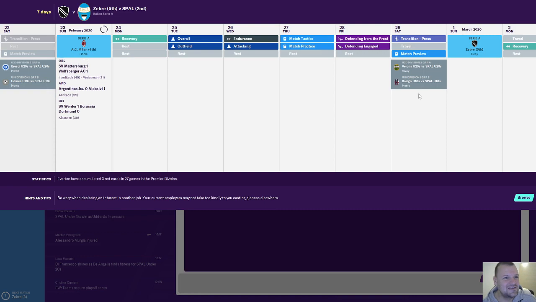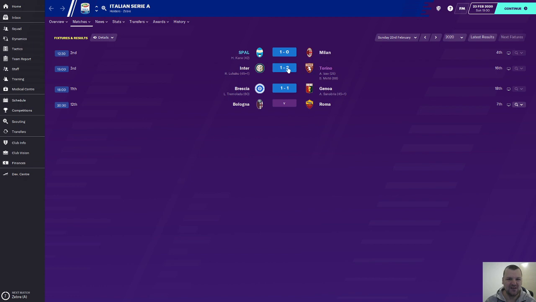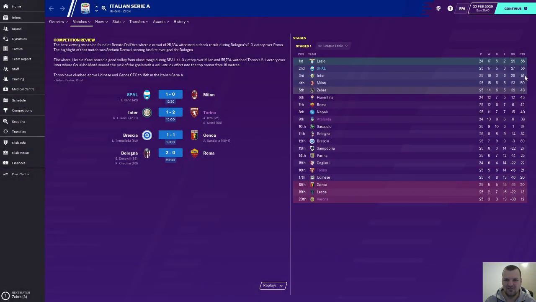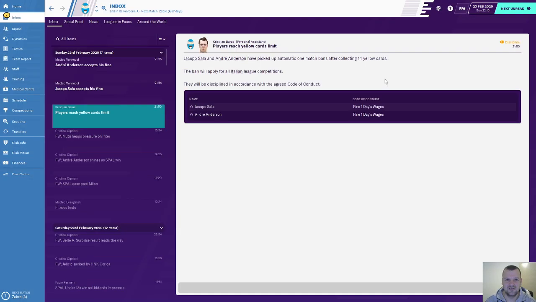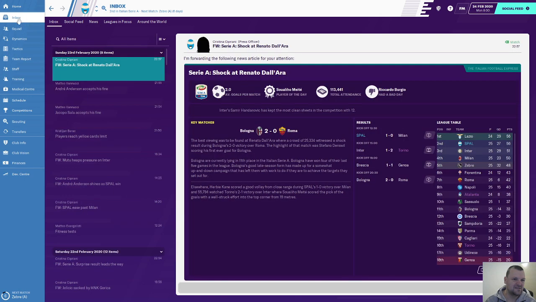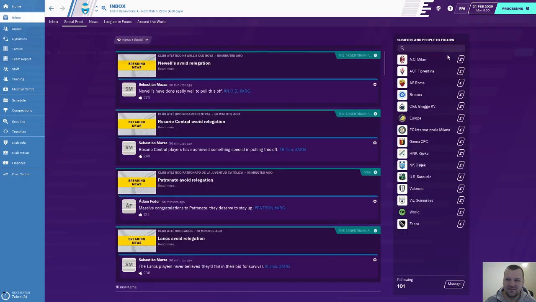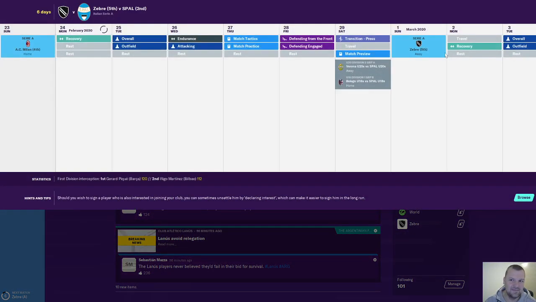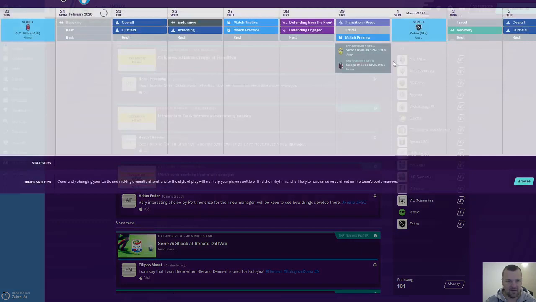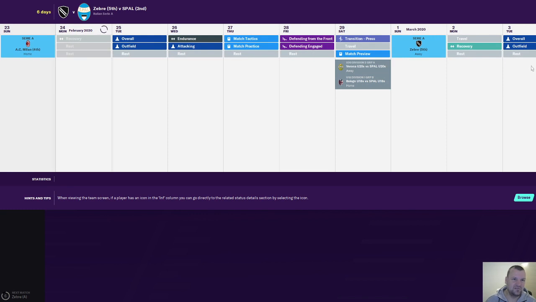So, next game is the derby game against Juventus. Inter lost at home. Fuck. So it looks like I lost two important players in the next game against Juve. So most probably I will lose the next game. I don't have enough quality to resist. You never know, but